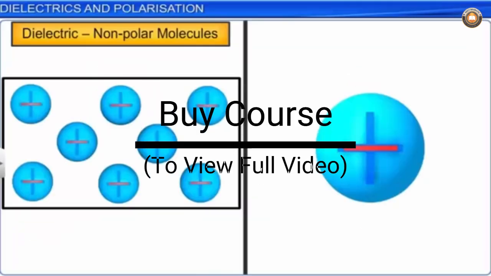Non-polar molecules are those which do not